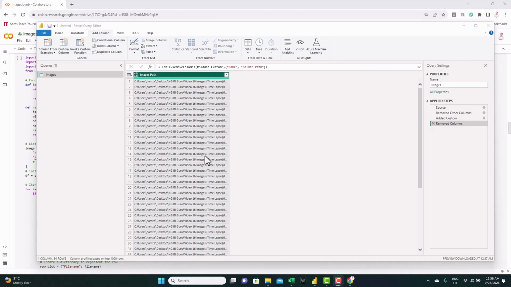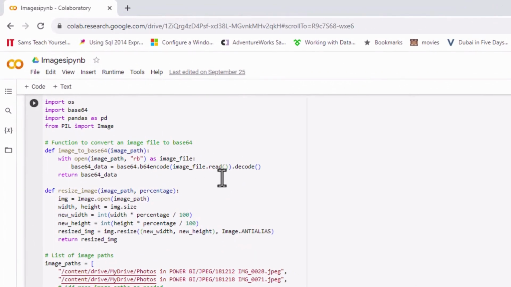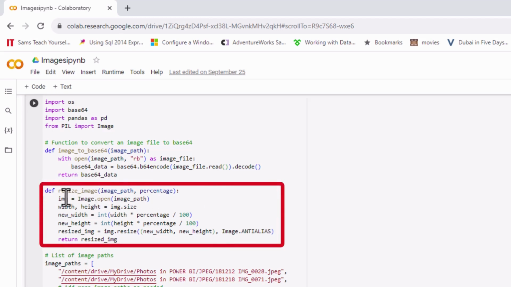Now we're ready to run the Python script, but first let's have a look at the Python script. I have it ready in Google Colab here. This is the same script we used in the previous video where we covered how to import images in Power BI. You'll find a link in the description. I will not go through it again, except I will highlight one of the important changes we made to this script, which is resizing the image before we import it, because the images we have for the construction progress are big in size and we want to reduce the size to keep the file size under control.